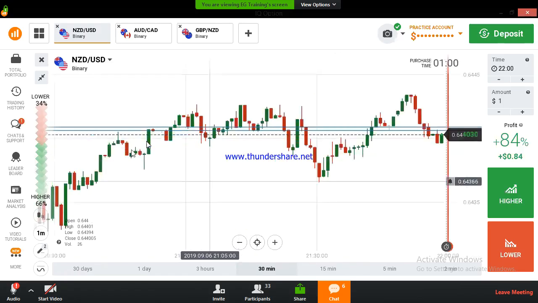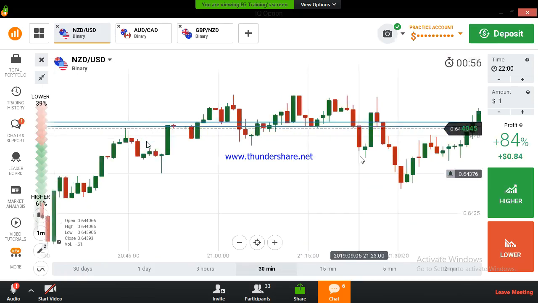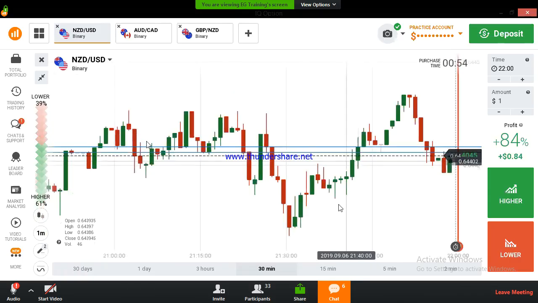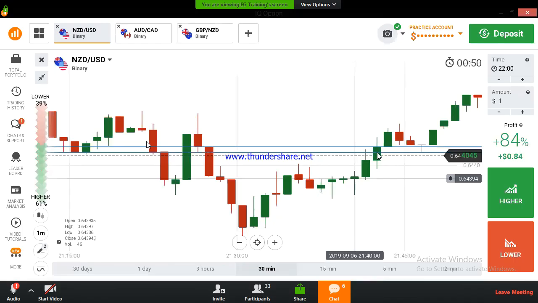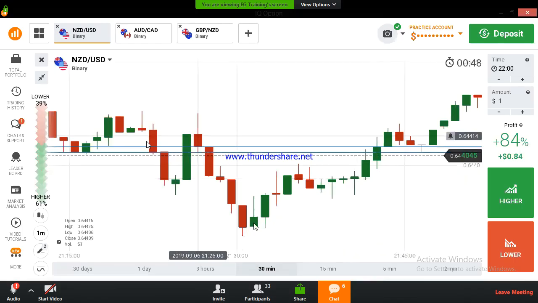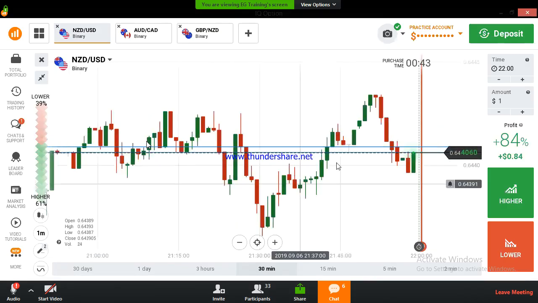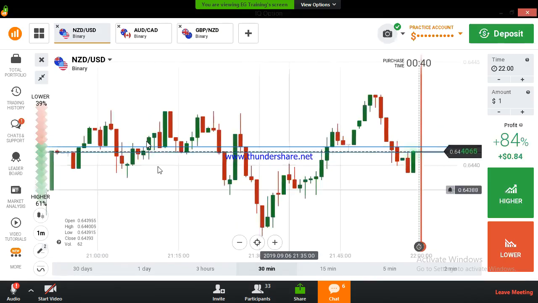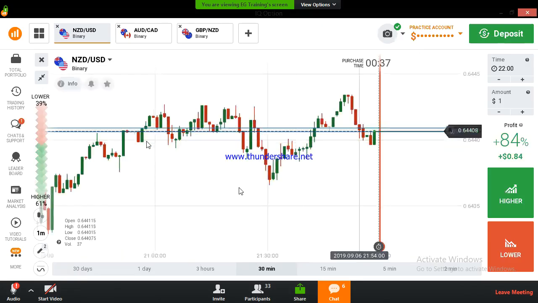So if you see this type of market or this type of market, you can place your trade. But here we are seeing strong buyers. All candles are bullish candles. All candles are bearish candles. It's better to follow the trend even if there is a level. Mostly it will reverse, sometimes it will break the level too. So don't place your trade if you see bearish or bullish momentum.